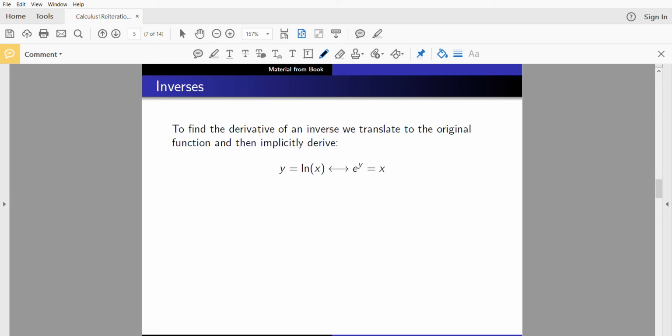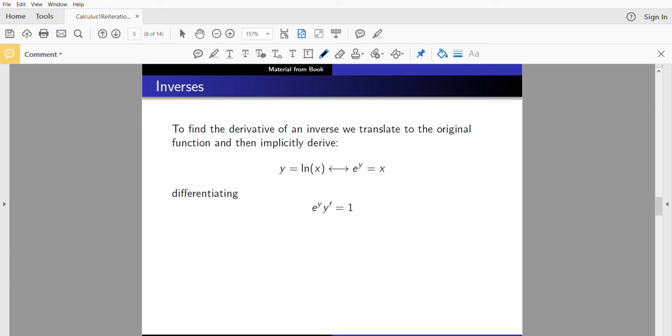When I have an inverse of a function, the way that I calculate the inverse is I swap x and y values. So natural log of x is the inverse of e to the x. When I take e to the x equals y, I swap x and y, and get e to the y equals x. And so what I do is I differentiate this expression with the y in it, and then